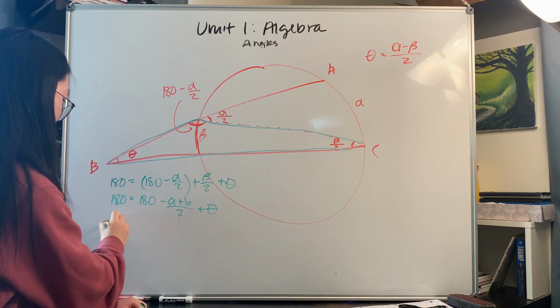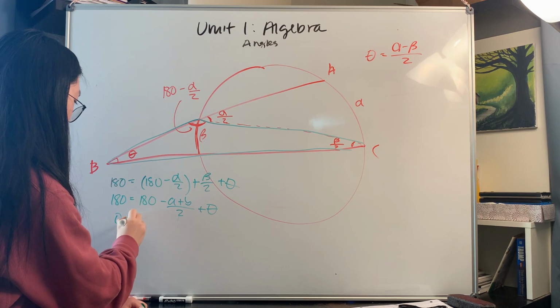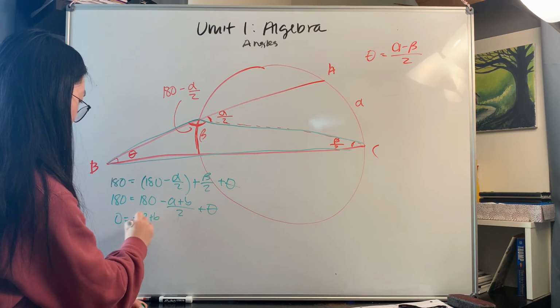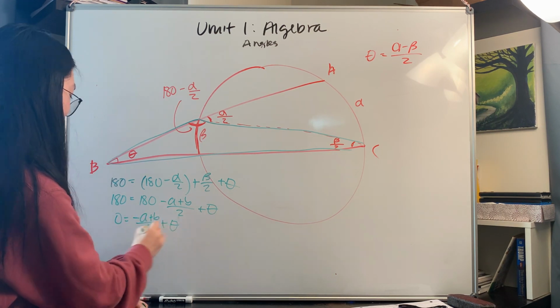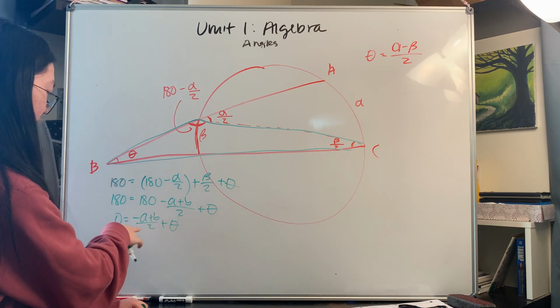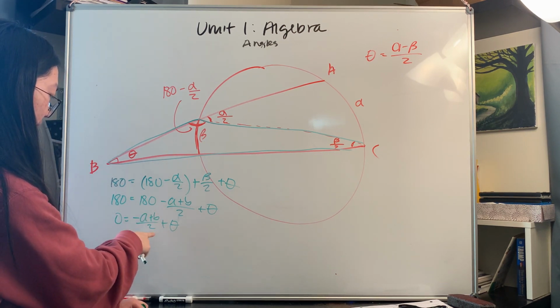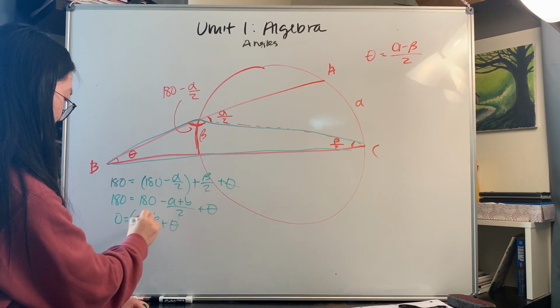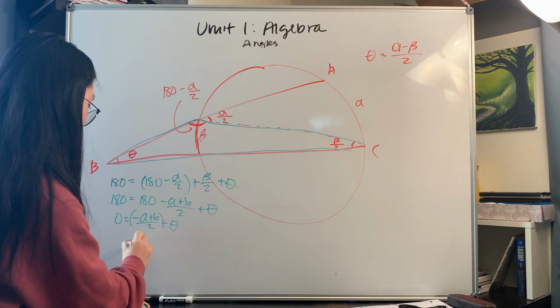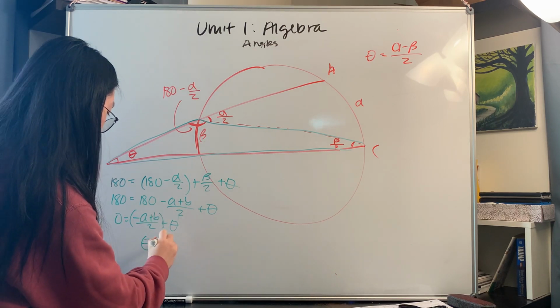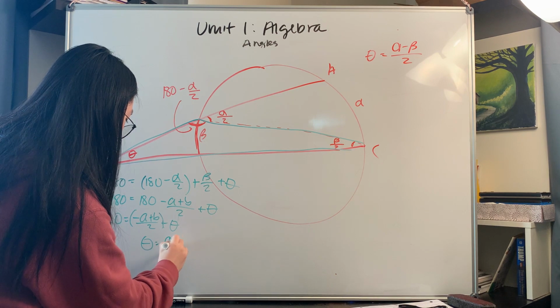Subtract 180 from both sides. 0 is equal to negative (A plus B) divided by 2 plus theta. And then we're going to subtract negative (A plus B) divided by 2 from both sides, and we get that theta is equal to A minus B